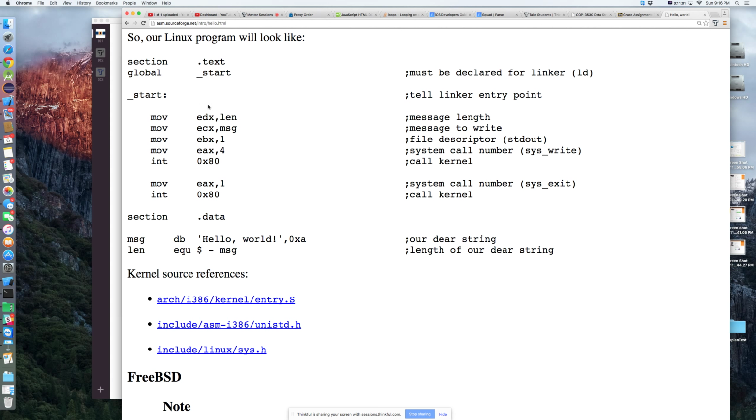All right, as we look through this, this is just gibberish up here. We talk about there's a text section, and then there's a global start. This is where the program begins, in the start section. That's this part right down here. And then we have a data section at the bottom. That's where our variables are originally defined. So we have two variables here. One's called message, and its value is hello world. The other one's called len. That's the length of that message. So leave it at that. That's how we would define stuff here. This is the end of string character in this language. But we really care about this stuff right here.